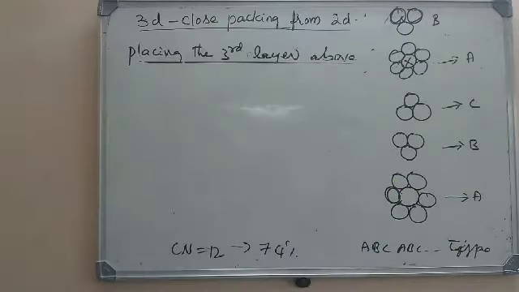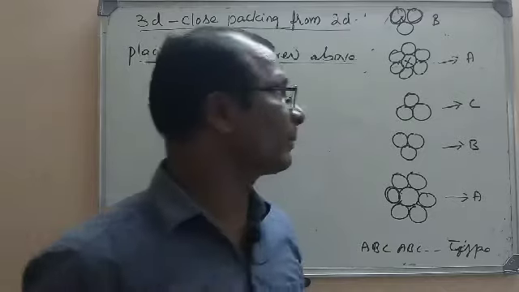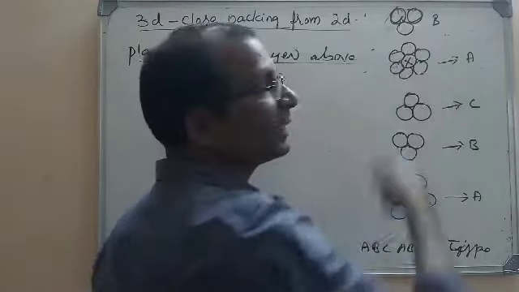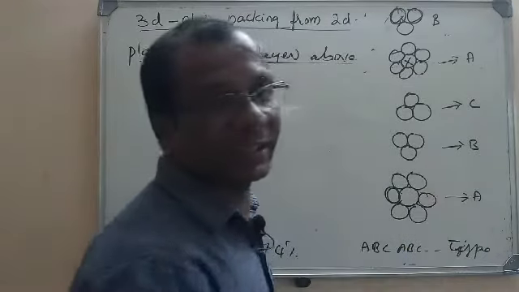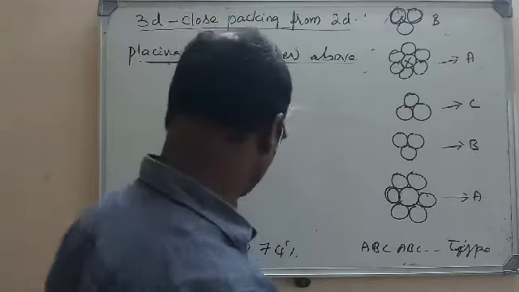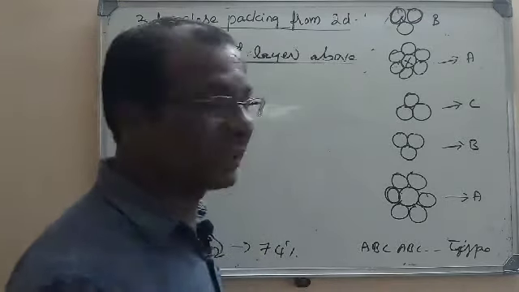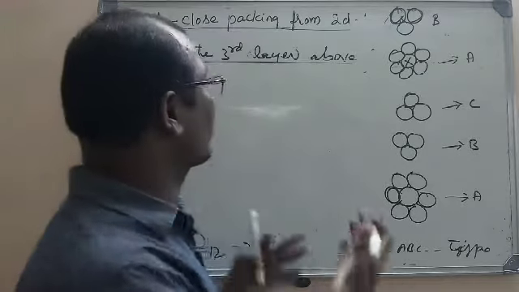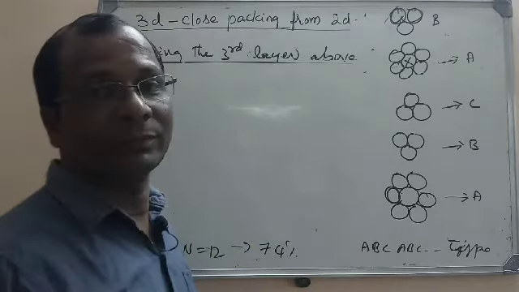You can see here. So altogether what is the number of spheres that are in contact with X? Here 6, and from the above layer it is 3, and from the bottom layer it is 3. Altogether 6 plus 3 plus 3, that is equal to 12. That is why the coordination number is the same as HCP here. So this is CCP. Here also the coordination number is equal to 12.